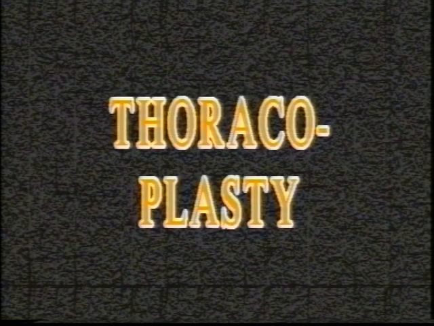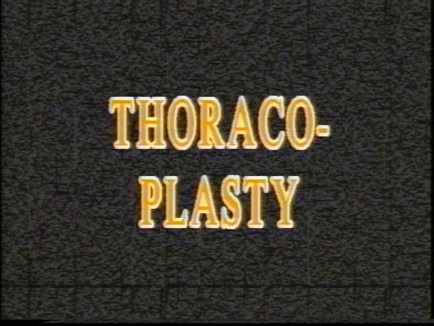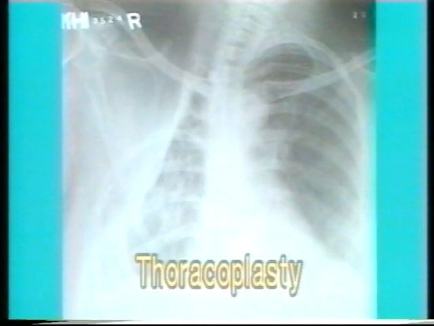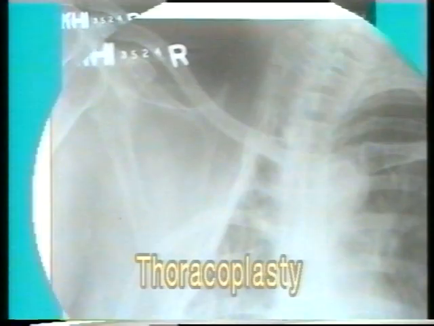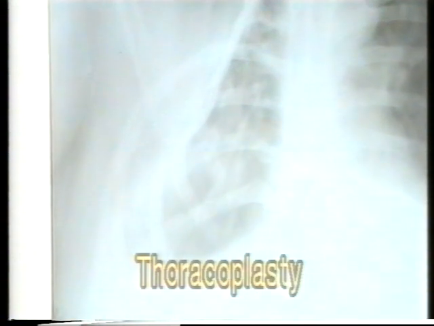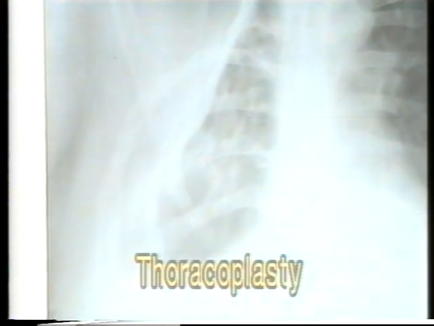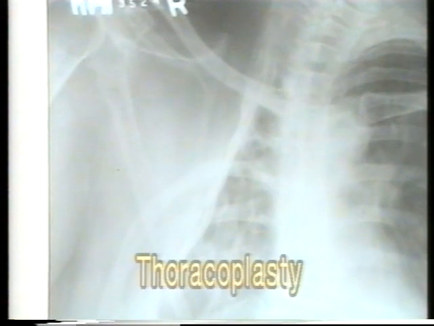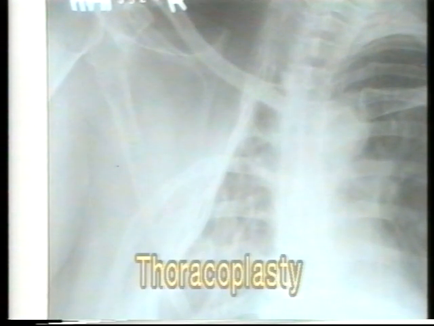Thoracoplasty. Before we end the section on tuberculosis, let me show you some X-rays of patients who have undergone thoracoplasty, which was a very common surgical treatment for upper lobe cavities before the advent of good chemotherapeutic agents. Note the absence of upper ribs on the right side. Thoracoplasty involved surgical removal of the upper 5 to 8 ribs, resulting in complete collapse of the upper lobe, which collapsed the cavity, rested the diseased lung, and resulted in a cure.